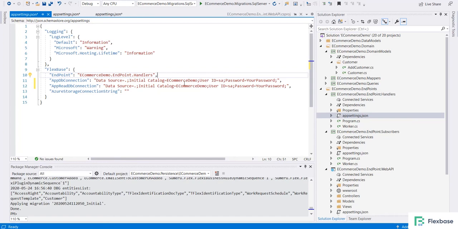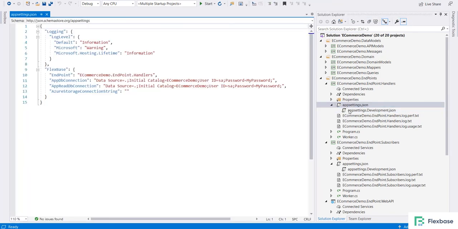Right now we are using a single DB for both read and write DB. That's why the same connection string I have applied. This will be handy when we learn query. I will tell you a little more about the queries, where you will understand if you want to make the read DB separate using your application, it is so easy, you don't have to change a single line of code.